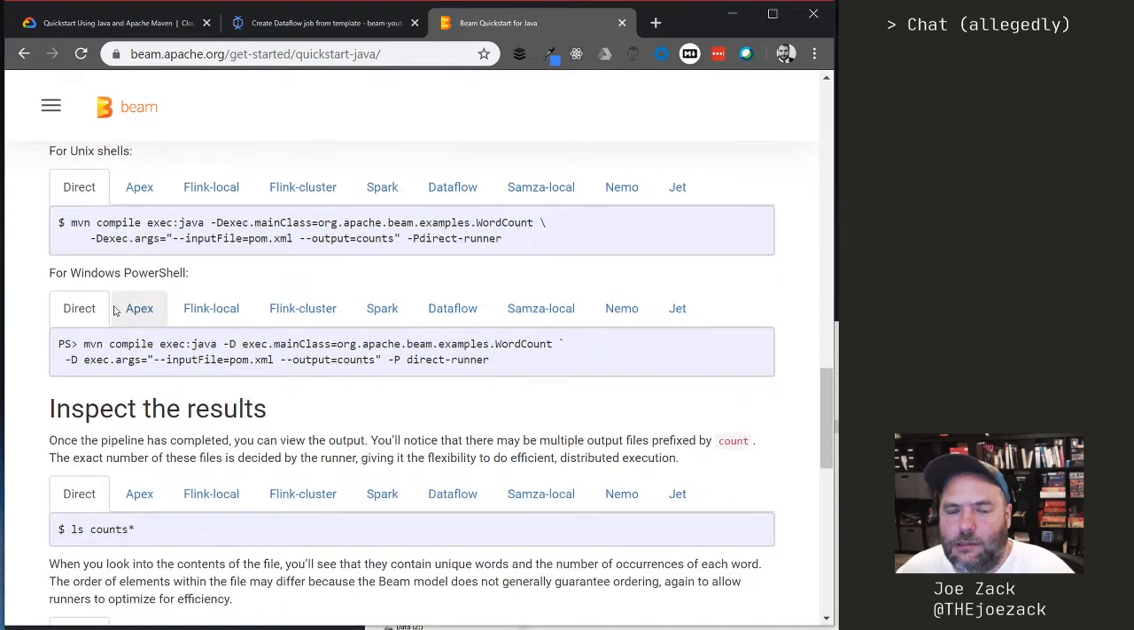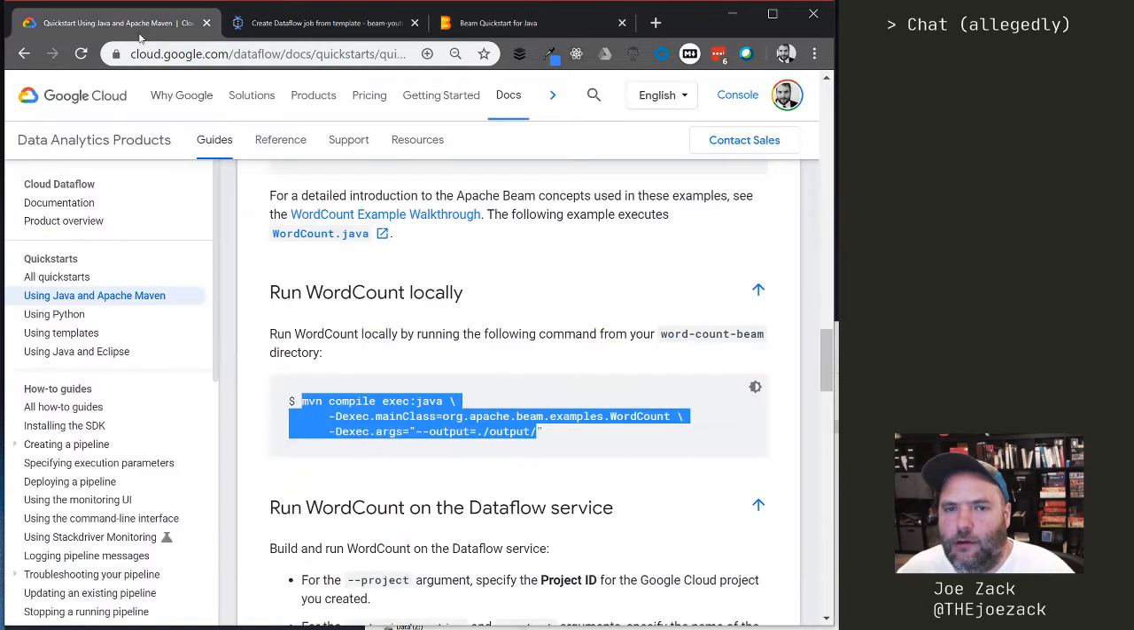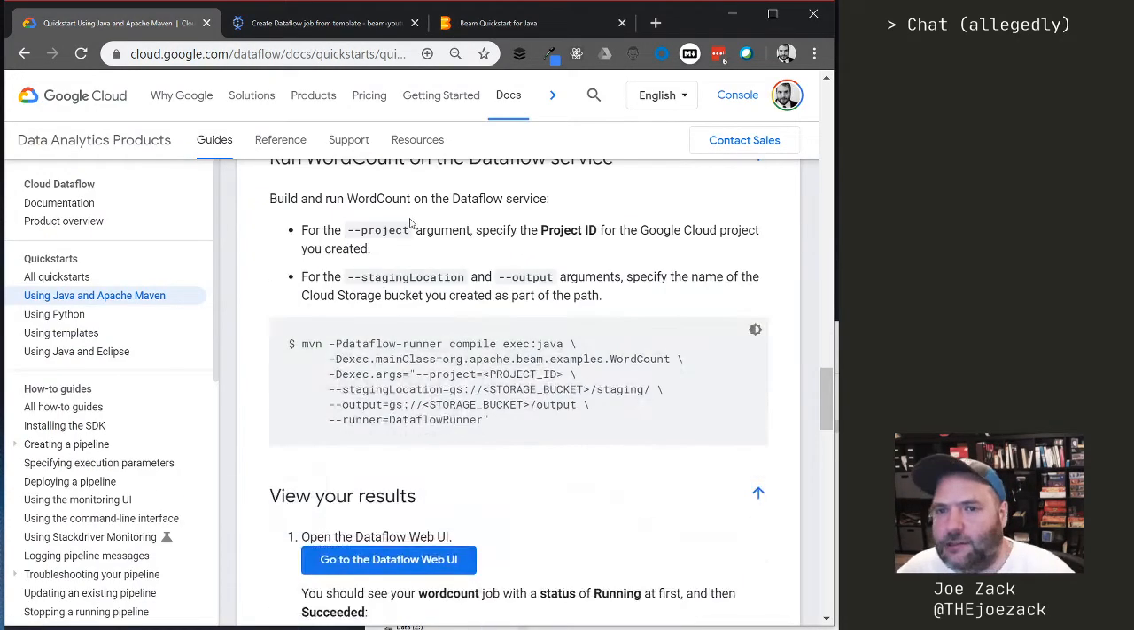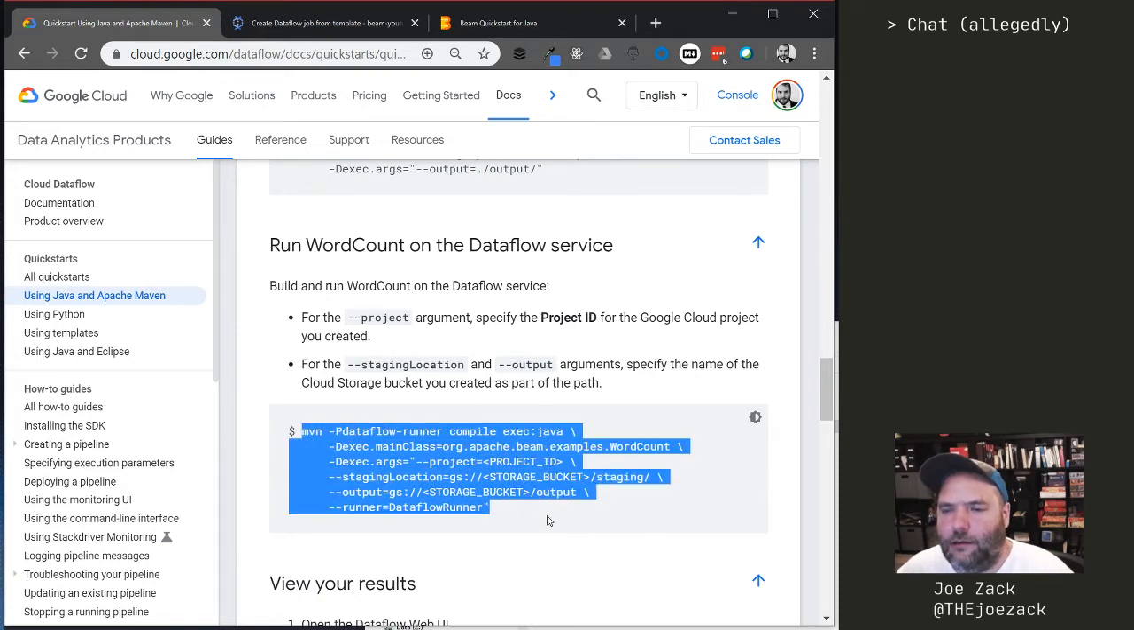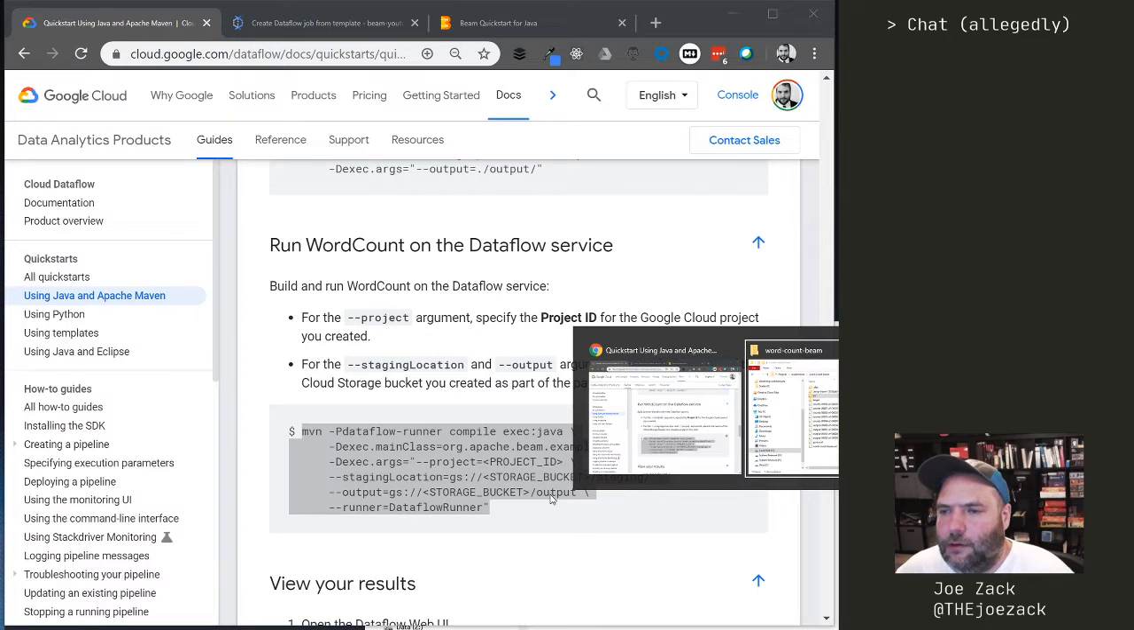All right. In the meantime, I want to try and run this on the Dataflow service. So there we go. For the project requirements, specify the project ID. Okay, I can get that. And for the staging location and output, specify the name of the cloud storage bucket you created as part of the path. All right. And also, I'm going to open that README